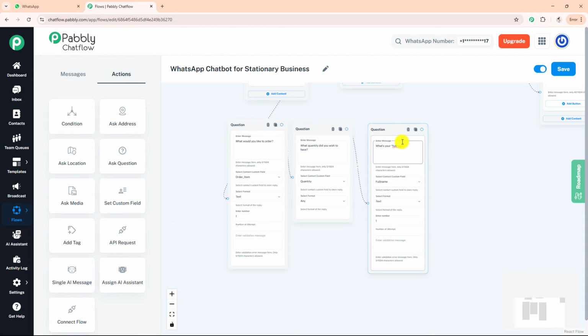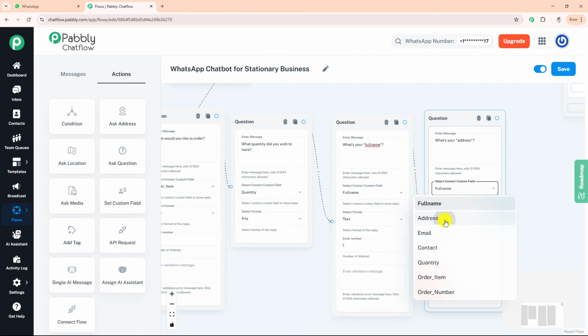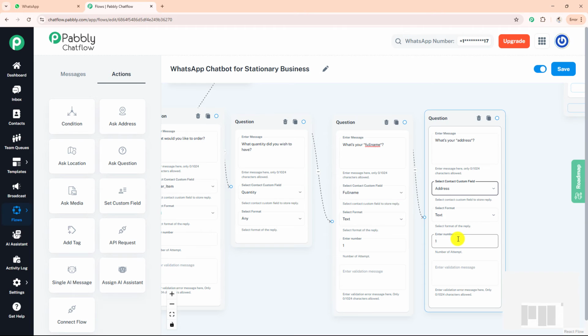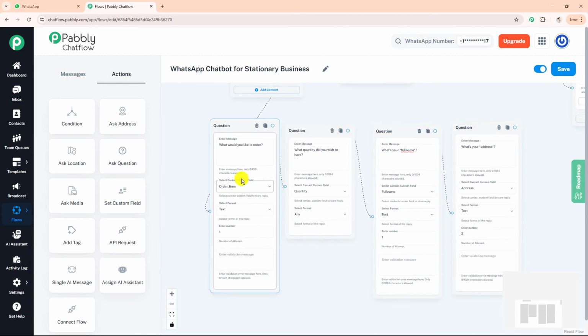Now I want to ask them their address, so I'll again copy this question box over here, join it with the full name question, and write my question over here. In the custom field, I'll select address, the format will be text only, and for the number of attempts, I want to give 2. So like this, successfully I have asked all my 4 questions, that is order item, quantities, full name,